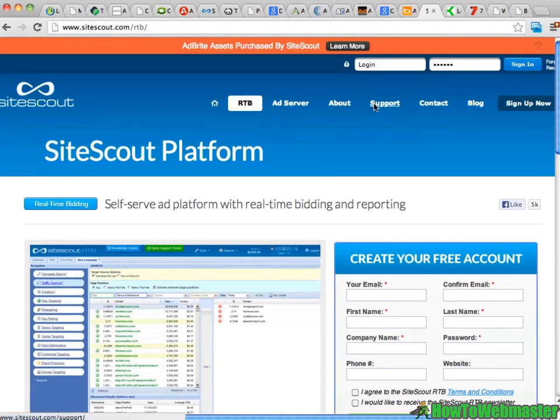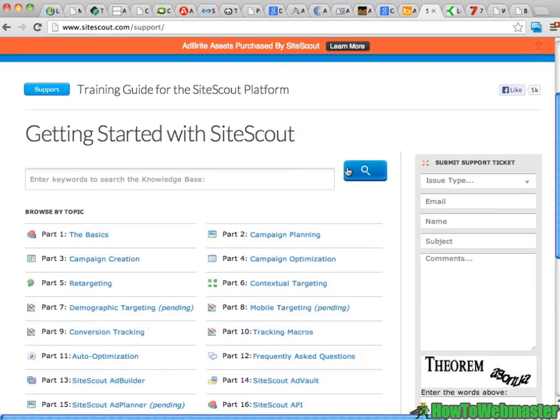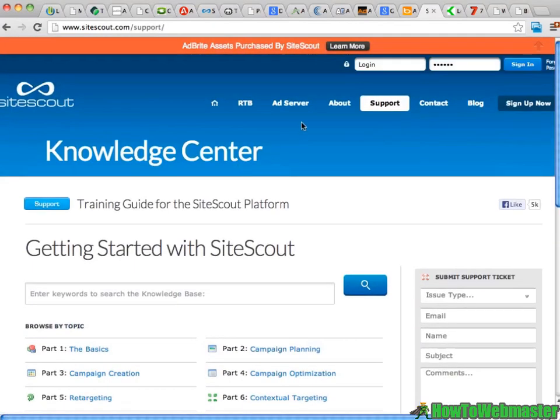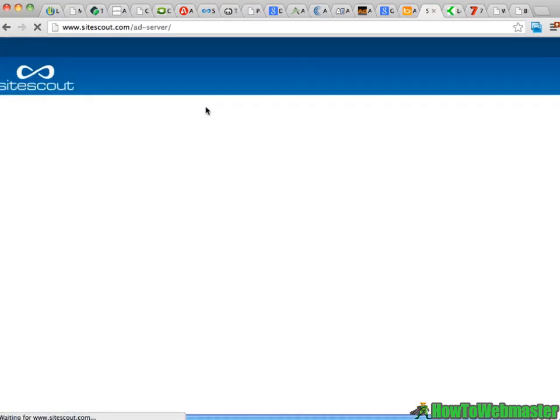But you can see they have all sorts of help in their section. You can learn all about SiteScout, all their terms, things like that. Generally, they are a little bit more lenient than some of the top tier search engines, and hence you're going to get a little bit different type of traffic. It's not going to be necessarily as good a traffic as you're going to get directly from Bing or from Google AdWords, because it's generally coming from secondary sites, not right from the search engines. But all in all, a really good site for PPC advertising and some other forms of advertising they offer as well.